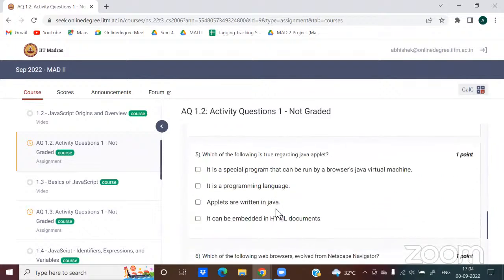So which of the following is true regarding Java Applet? Again, one question based on Java Applet. It is a special program that can be run by a browser JVM. As you would know, if you want to run a Java program, you need a JDK or JRE, or just to say it in a nutshell, you basically need a JVM in order to run a Java program. As I was saying before, the browser must support Java in case you want to embed applets in your HTML. So this first statement is true because the browser should require a JVM so that it can run